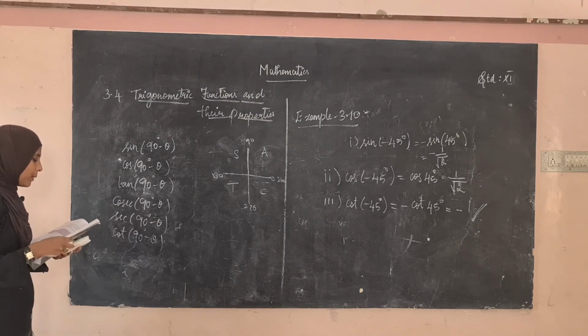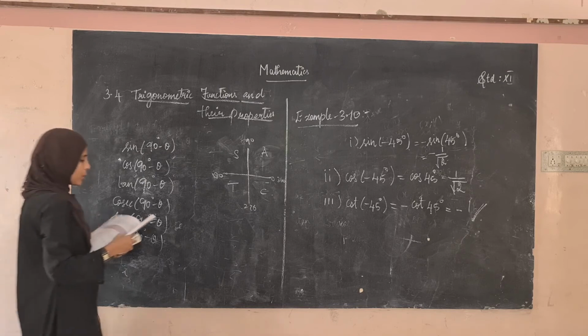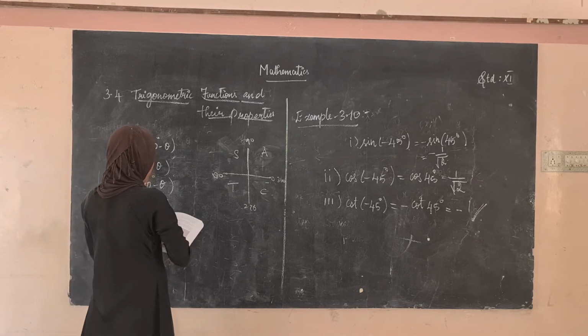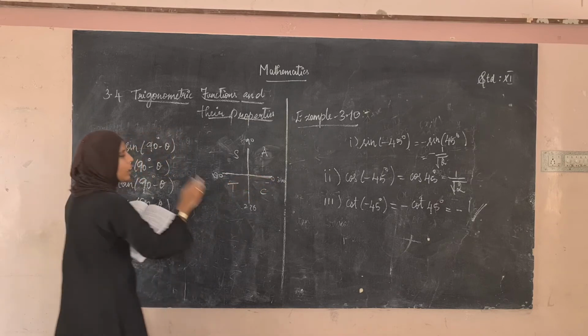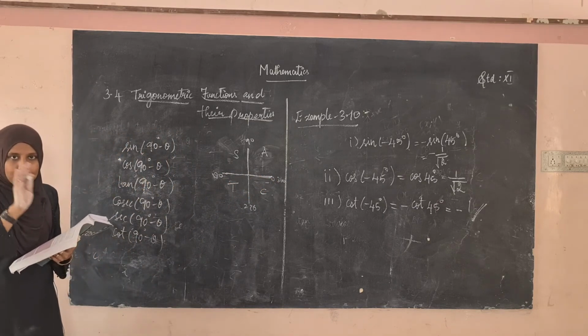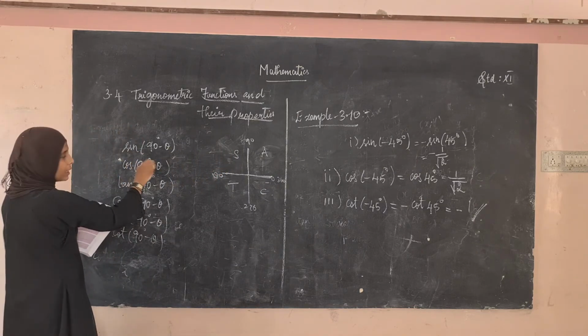Okay, so when does it not change? Only when it comes to 180 and 360, sin and cos do not change, that same thing will be happening. So how can we write 90? See here, first let us see this.